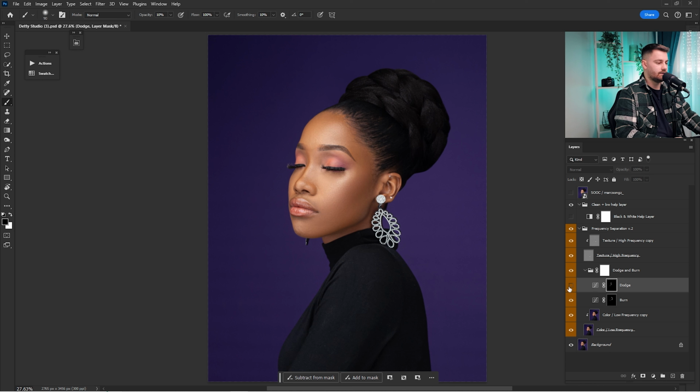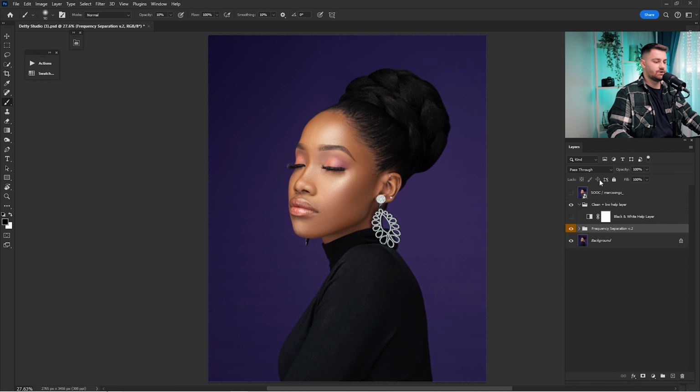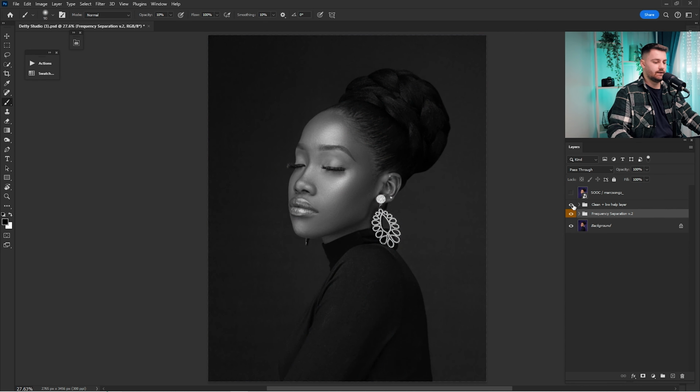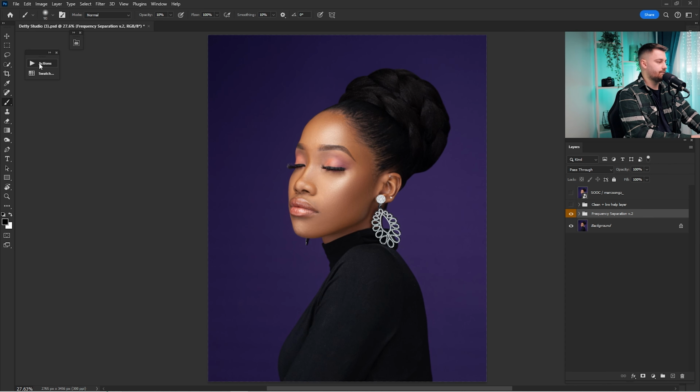Now click on the dodge, and if you think that dodge is kind of too much, you can always reduce the opacity of that, but I think that is okay. So I'm just going to reduce it just a little. Now check a before and after of everything that we've done so far into this portrait. And now that we are done with frequency separation and the dodge and burn, it's time to work on some